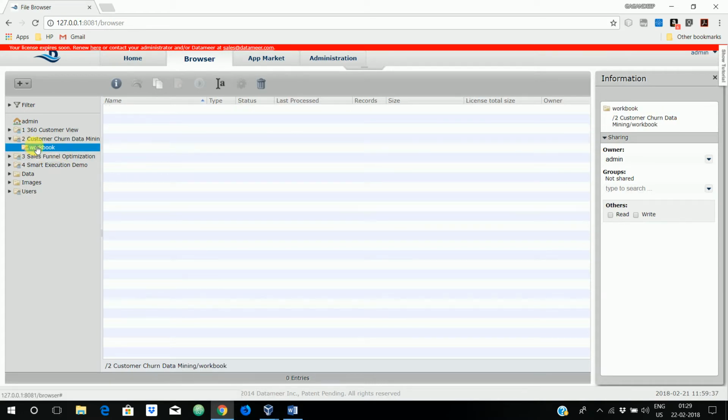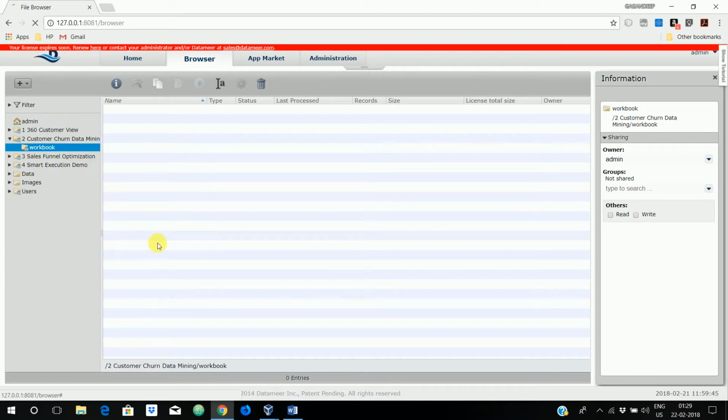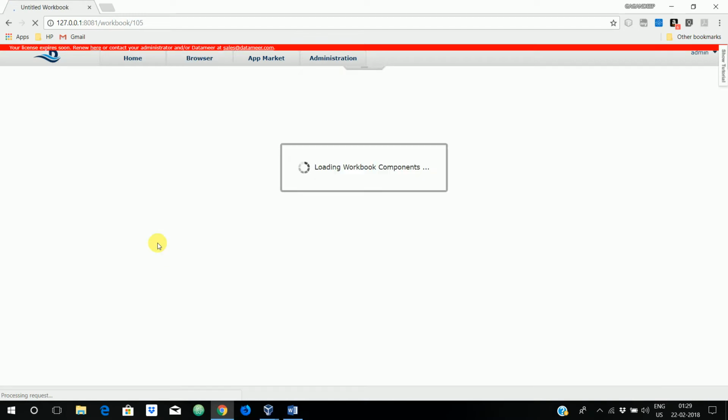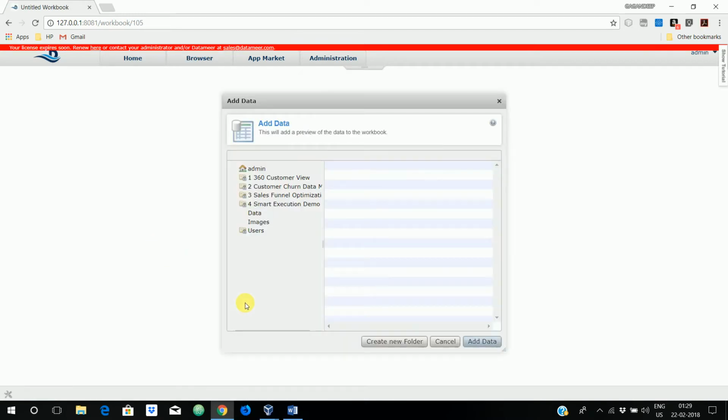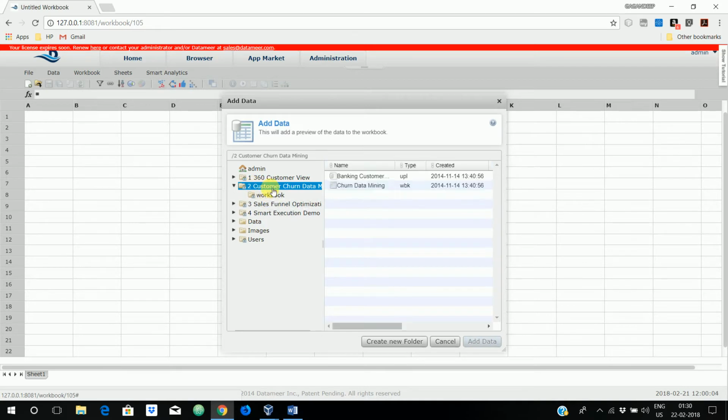So a folder workbook is created, and inside this right click, create a new workbook. So you click on this link and you'll be asked for the name of the workbook. So hold a second. You got this particular thing, and then over here you would be asked to add data. Fine. So to add data, we'll add banking data from this particular workbook itself. So once you click on this